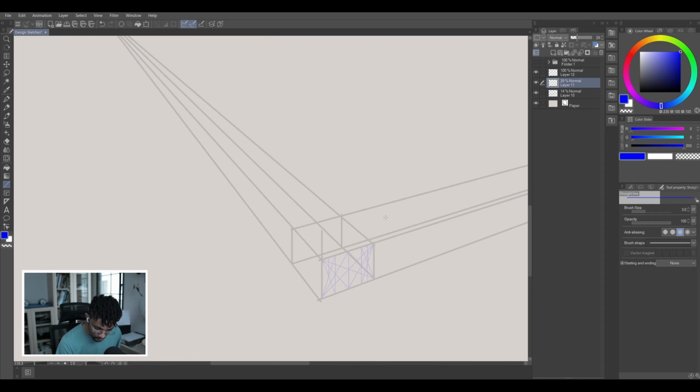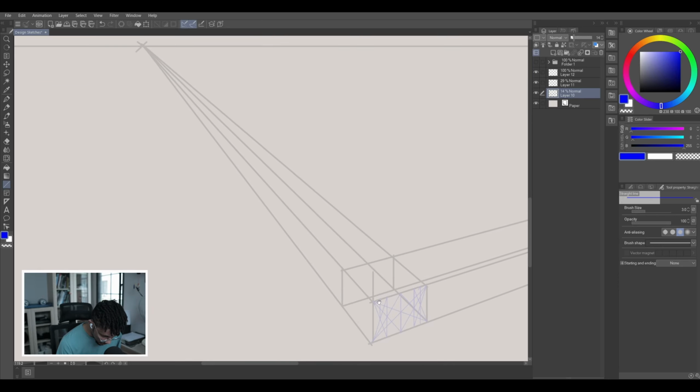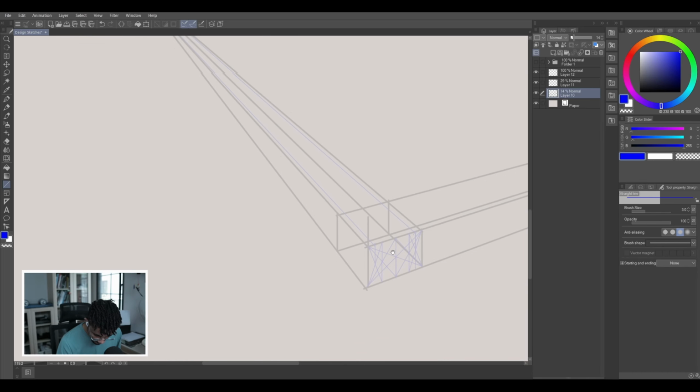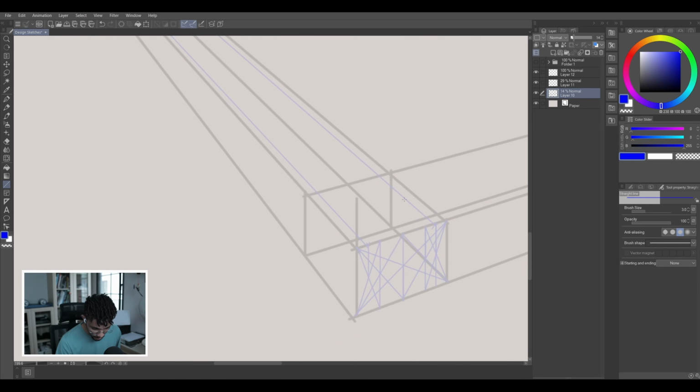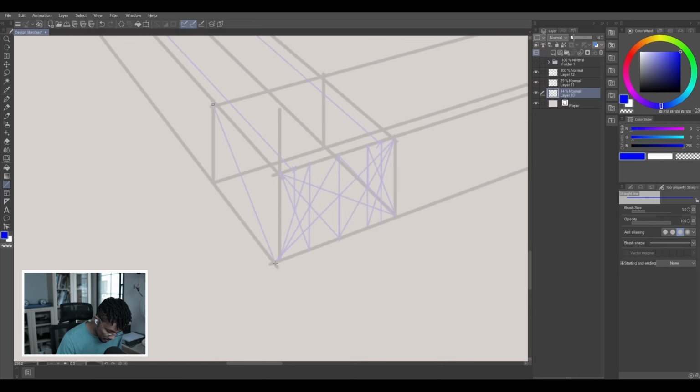Let's do it still here. Now it has to converge to the vanishing point as well. Vanishing point here. Vanishing point here. Now this is how thick the upper pillar will be. We do the same thing here. 1, 2, straight line up